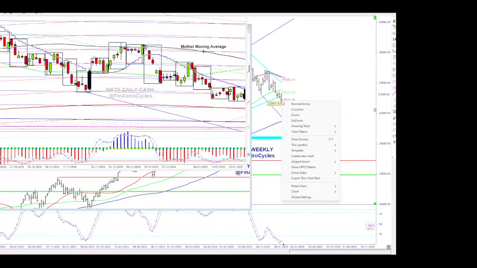We will try and understand why these dates become important and what can happen if support is not held. There are both scenarios, and you'll be able to understand the risk-reward: if this low is not held, what can happen to the markets and how the market can